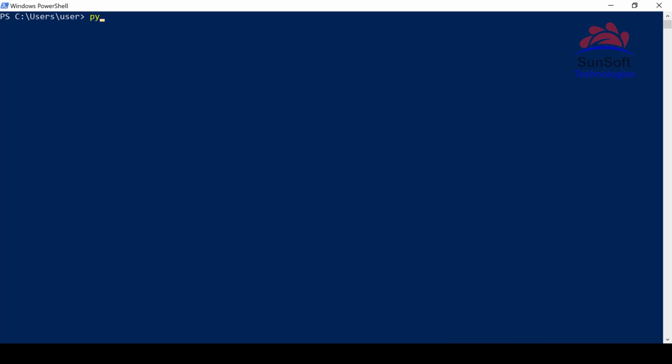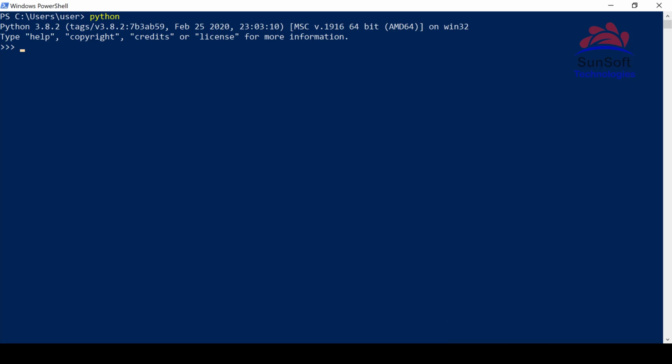Now here we are in PowerShell, so I'll just write python. What I want to do is know which ones will convert to Boolean true and which ones will convert to Boolean false. For that I'll use the function bool. So bool of 0, let's say, turns to False. Please notice that the False has a capital F. That is the literal False which depicts the value false.